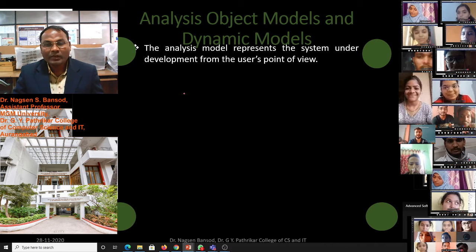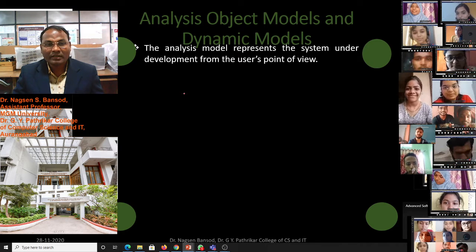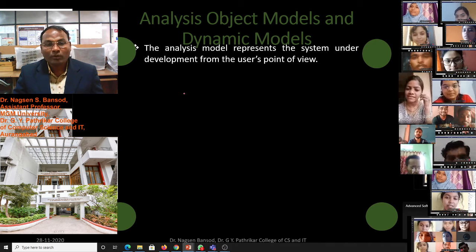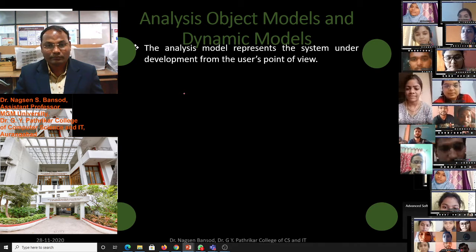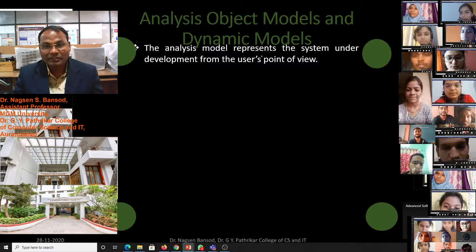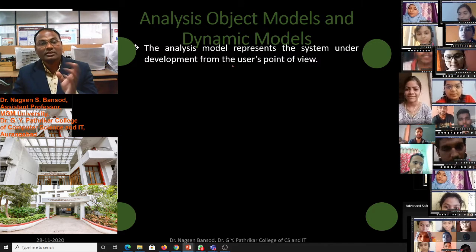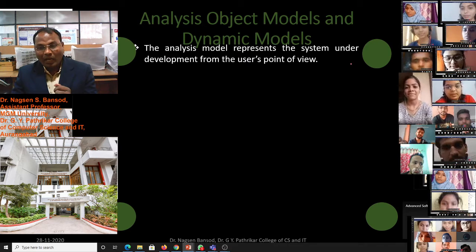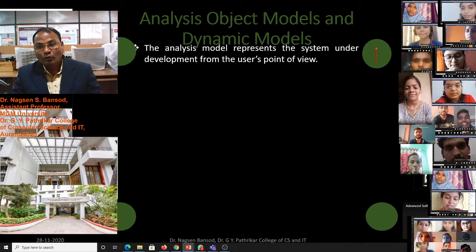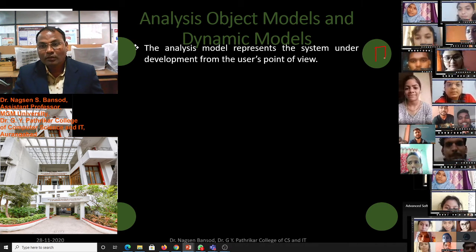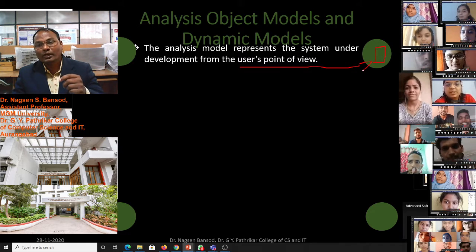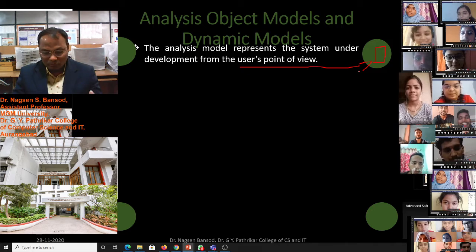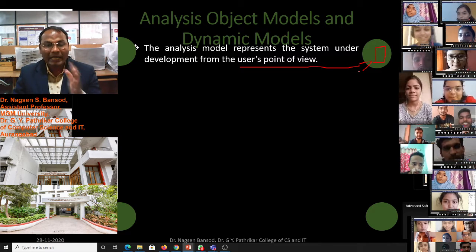The analysis model represents the system under development from the user's point of view, how that system will look to the users. From the user's point of view, we have to show the system in the analysis model.